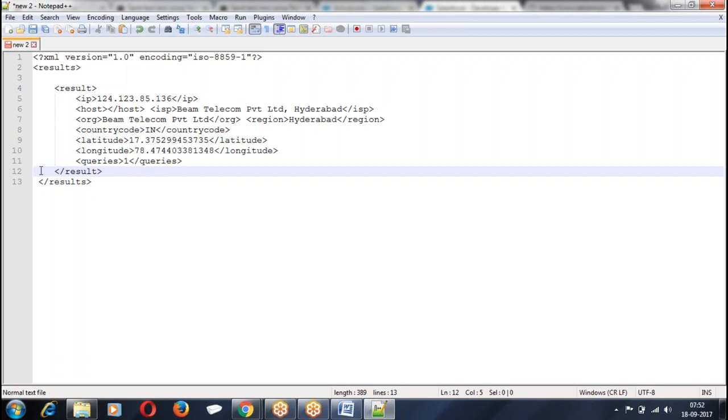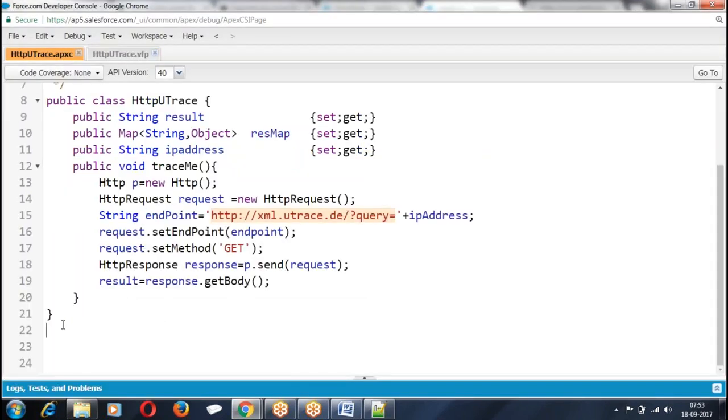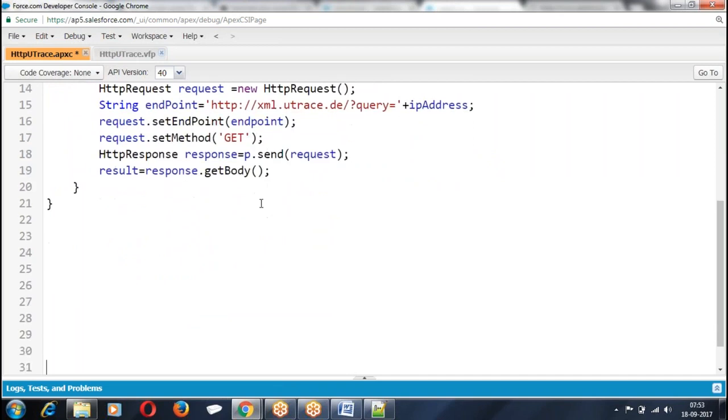You made a call to the third party and it gave you a result. Once you got the result, what you do with it is your choice. Now let us see. I am going to deserialize it. How do you deserialize the XML file? If you want to deserialize,